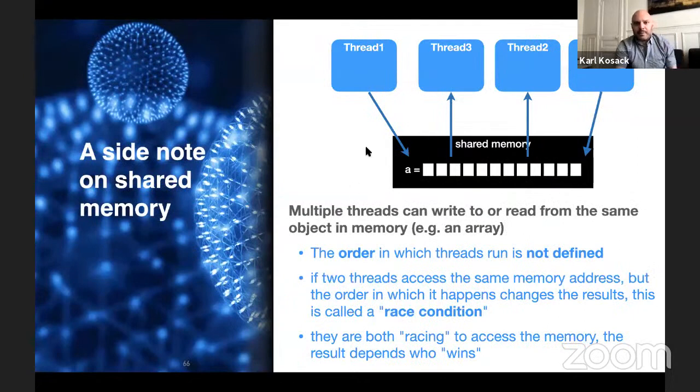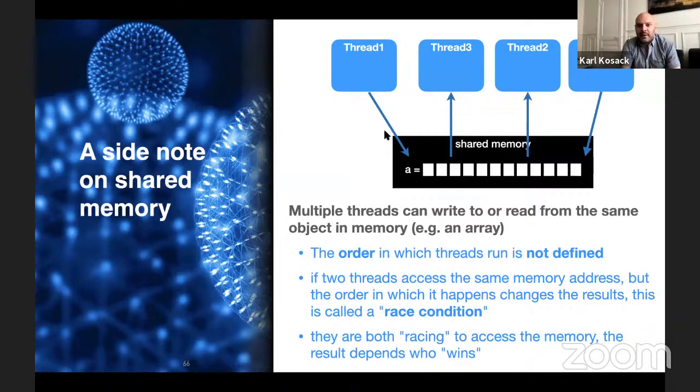There are a few problems with this. Memory sharing is a big issue. If you have multiple threads all sharing one bit of memory, and some of them are reading and some of them are writing to that memory, the big problem is that the order in which the threads run is not defined, and you don't get to choose it. The operating system may run them in any order at any time. They might stop one for a while while the others run longer.